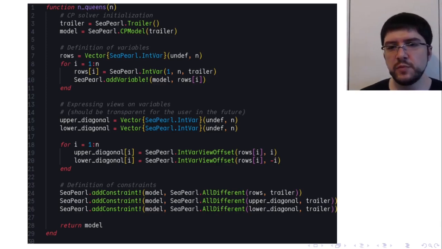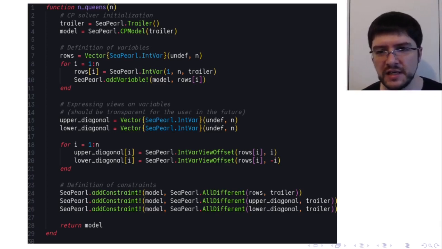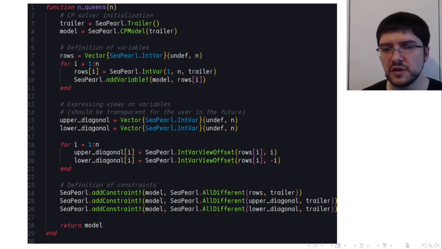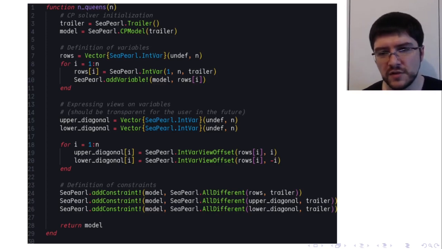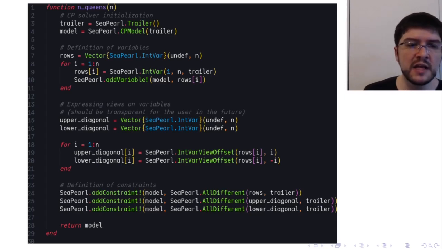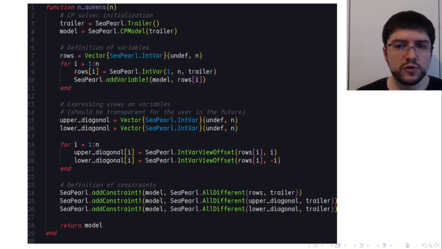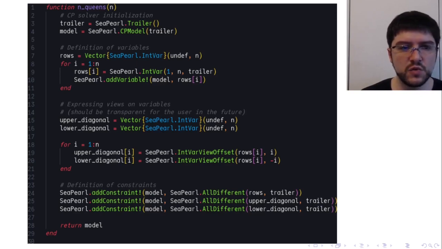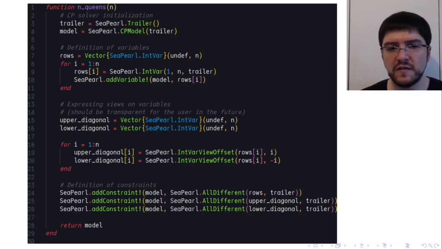So here is an example of how to implement the model in SeaPearl. So currently SeaPearl is not yet interfaced with JuMP or GCP, but they are working on it. But it's still very simple to model. So lines 3 and 4 is about creating a model. Line 6 to 11 is about defining variables. Then line 13 to 21 is something that will be transparent for the user later, but it's to express view